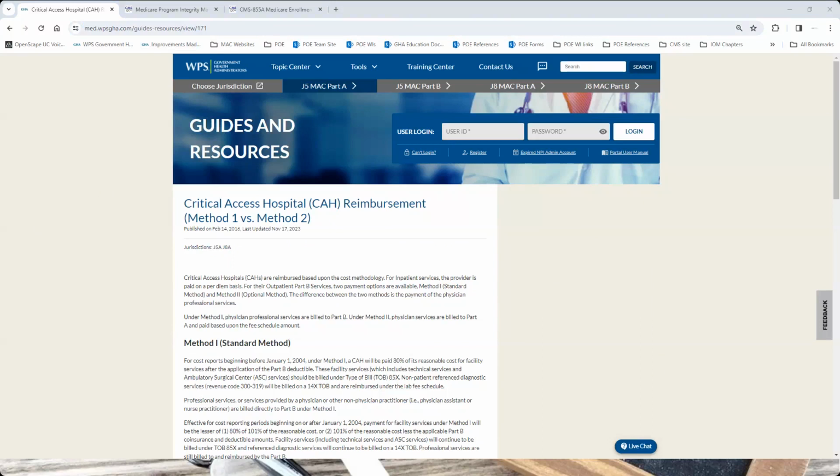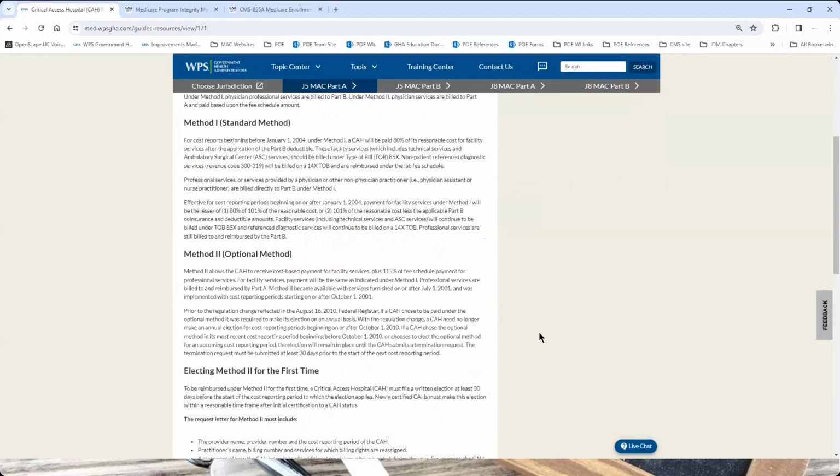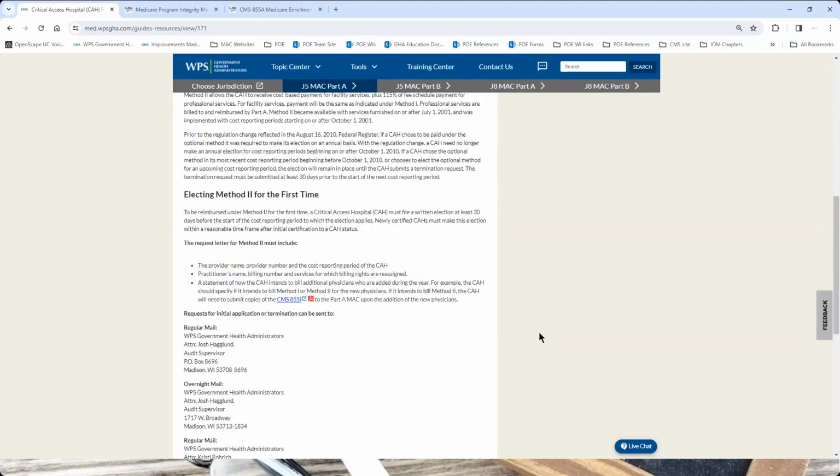And then there's that method 1 and method 2 link, and this will cover their payments, whether they're method 1 or method 2. It does talk about electing method 2 for the first time. Again, you're still going to enroll as that critical access hospital, but you are going to need to